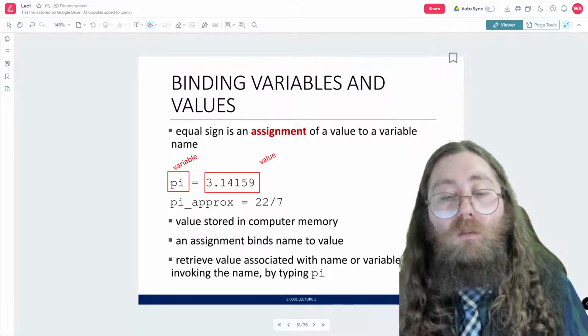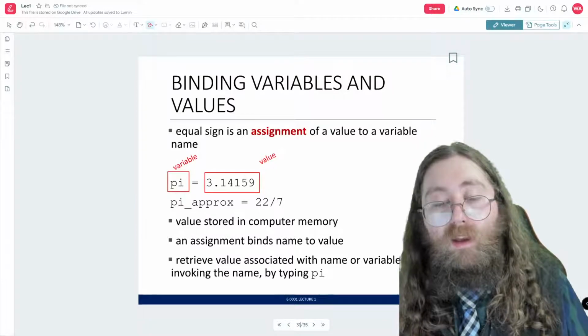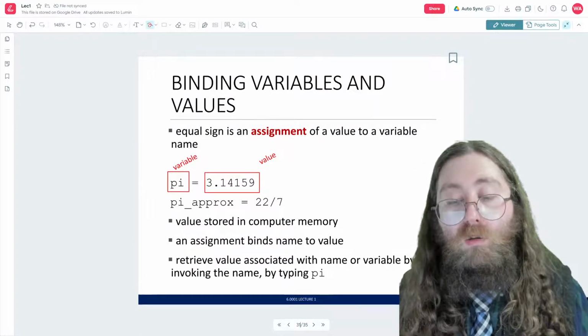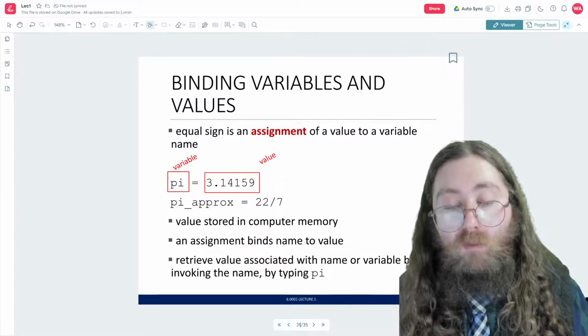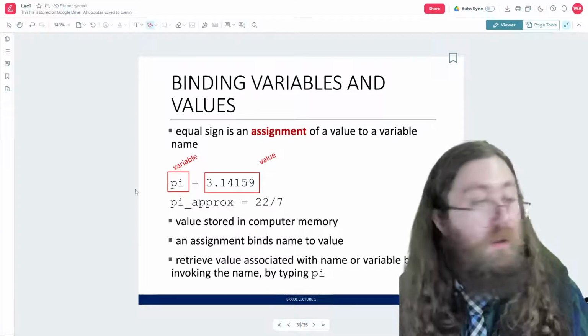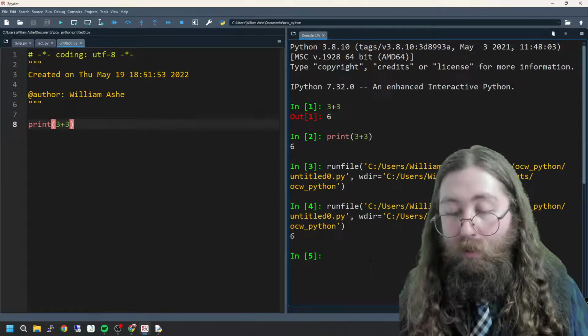The value is going to be stored in computer memory, and that variable is going to be bound to that value. Okay, now we can retrieve the value by using the name of the variable, typing it in. So let me show you that in Spyder.